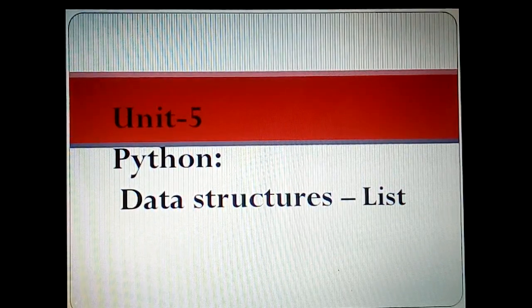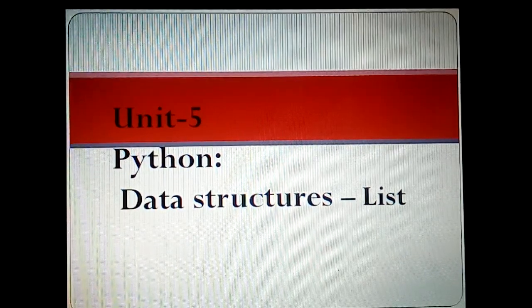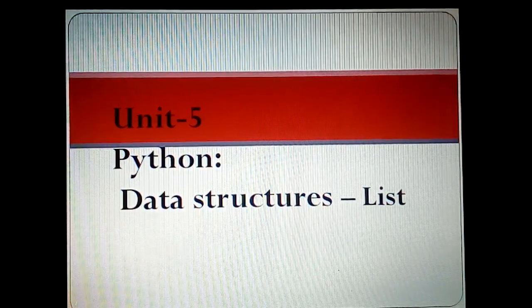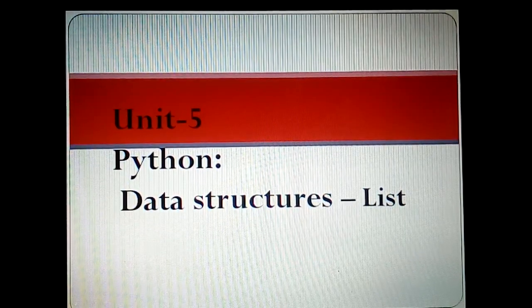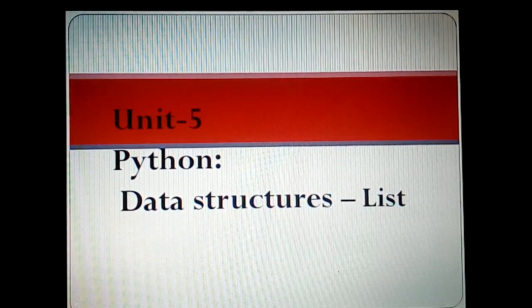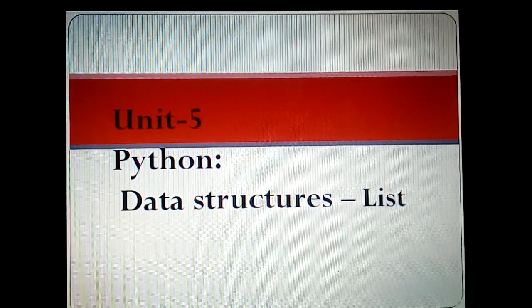Modifying the list concept was understood with the help of what is called mutable. We know that lists are mutable, that is they can be altered or modified, and that can be done by using the list on the left hand side, and by assigning a new value to the element it can be modified. And also we understood how to traverse a list, that is using a for loop mechanism, or for that matter even you can check whether a given item is present in the list using the in keyword, that is the item in list, then it would return true or false, that is a boolean value.